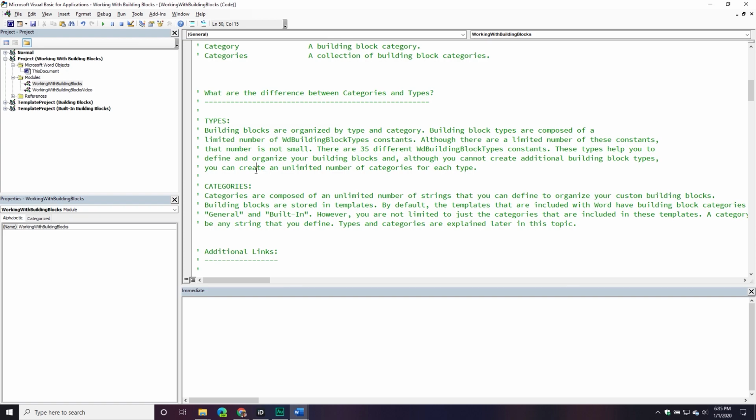So building blocks are stored in templates. By default, the templates that are included with Word have building block categories, general and built-in. However, you are not limited to just the categories that are included in these templates. A category can be any string that you define. Types and categories, again,